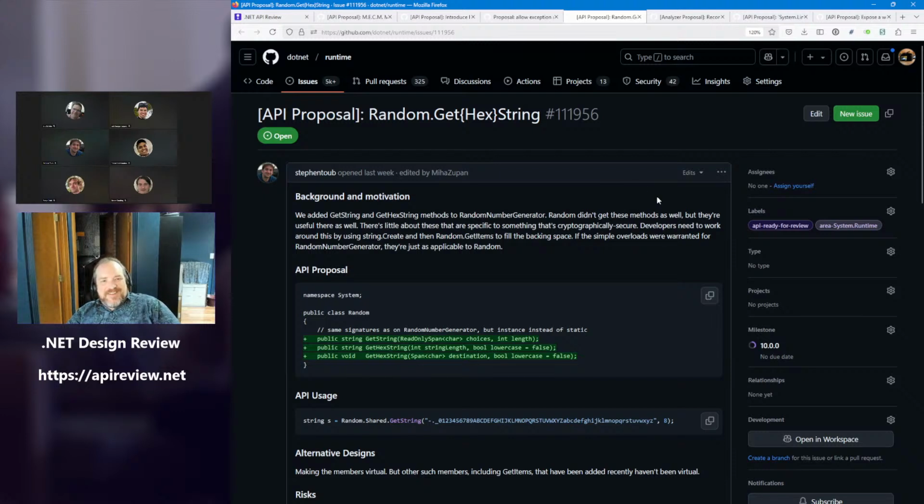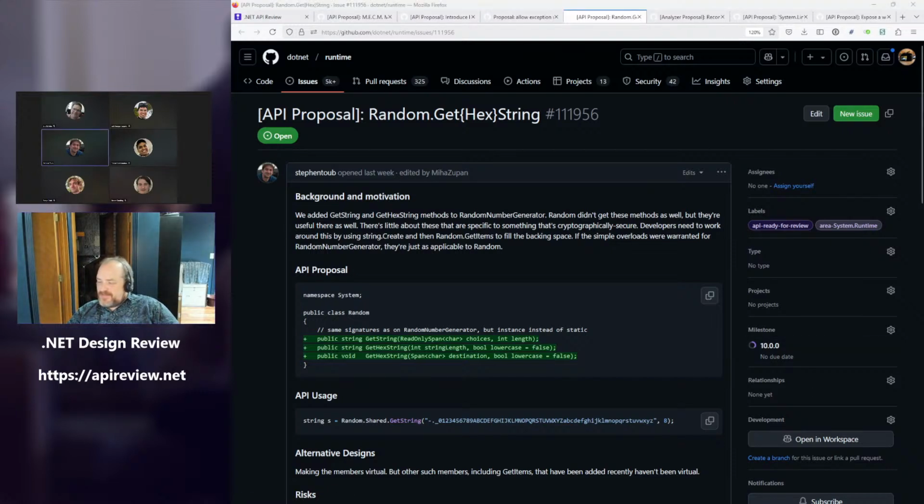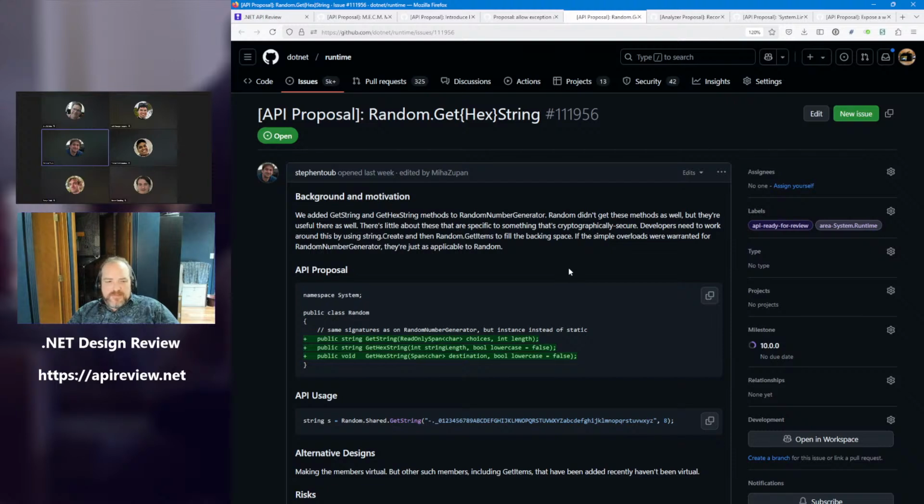Random GetString and GetHexString, runtime 111956. We added these to RandomNumberGenerator several releases ago, at the same time as we were adding APIs to both Random and RandomNumberGenerator. For whatever reason, we only added these few to RandomNumberGenerator, not to Random. I think there was an argument that they'd be less likely in a non-cryptographic context, but lately I've been helping a variety of code bases move to .NET 8 and optimize for .NET 8,